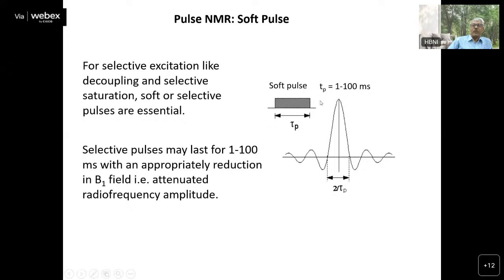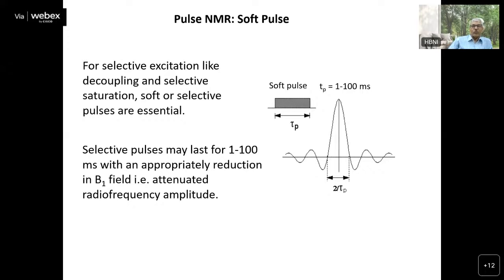For soft pulses, the pulse duration will be around milliseconds, about 1 to 100 milliseconds. Now you can selectively excite a particular frequency, and this is very useful when you go for specific decoupling experiments, when you have to selectively decouple one particular nucleus